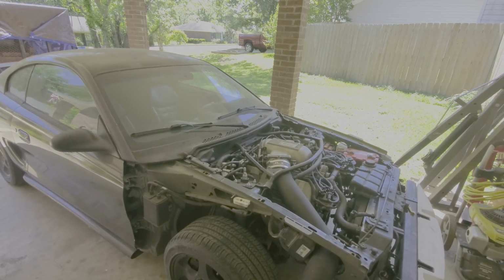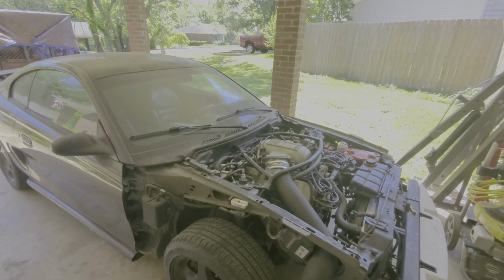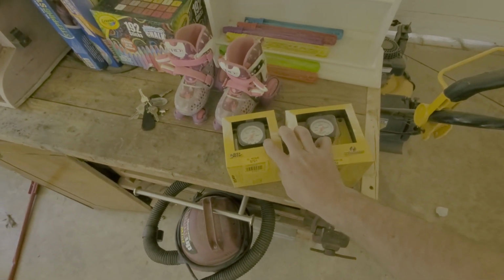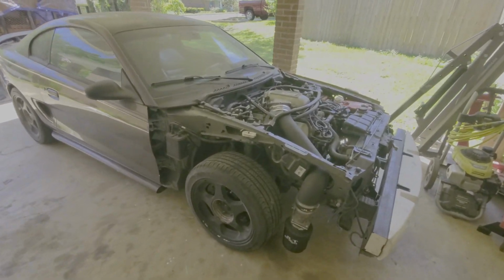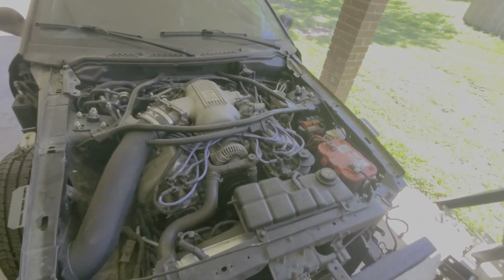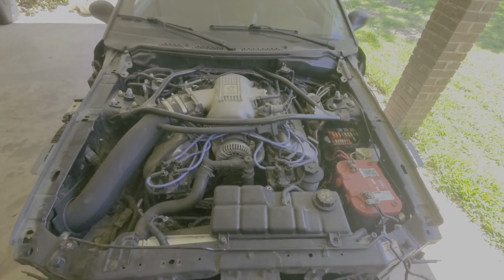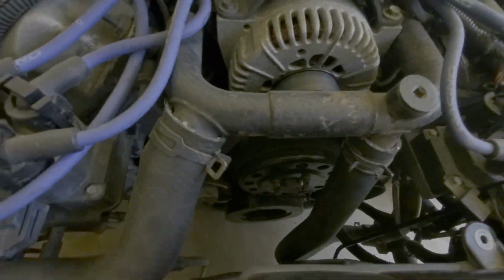And if you're going to replace something, or if you're going to have something to monitor your oil pressure and your coolant temperature, you can't really cheap out. So these were considerably more than 20 bucks, but it's an investment we have to make sure old girl stays running. And it's not going to be a lot of fun, because the coolant temperature, all right,